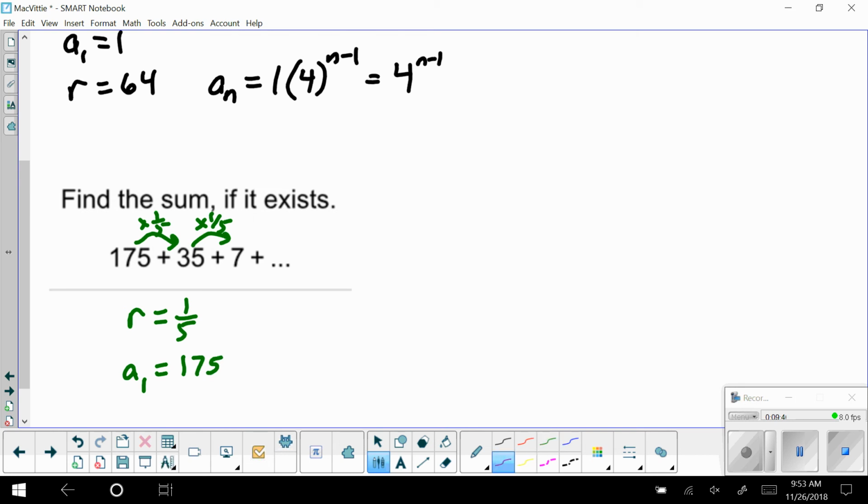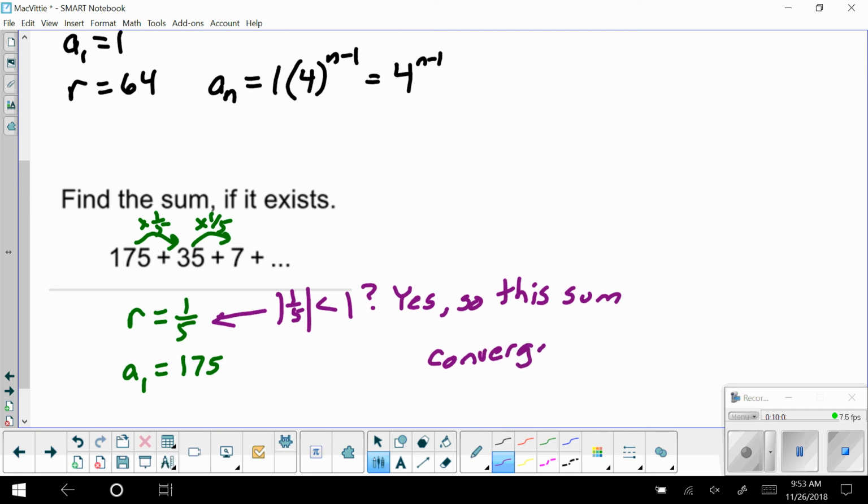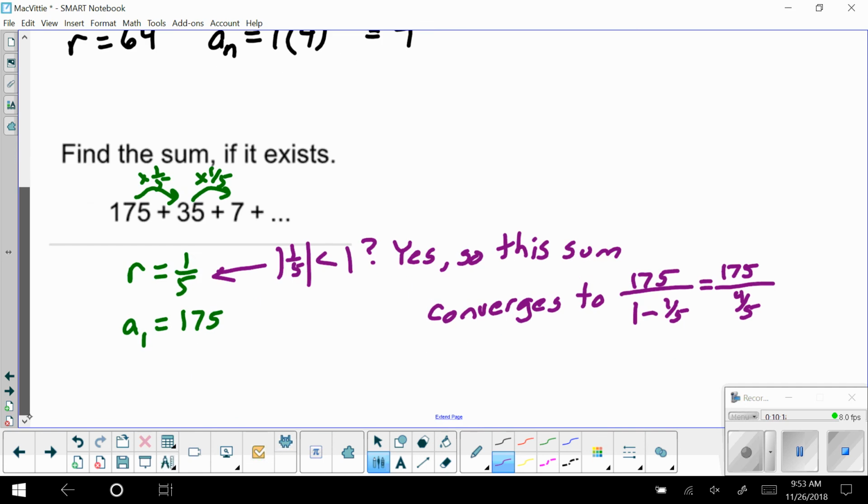The if it exists part is important because I need to check, is the absolute value of 1/5 less than 1? Yes. So this converges. So the sum converges to that value of our first term divided by quantity of 1 minus my common ratio, which is 175 divided by 4/5, which is the same as 175 times 5/4,